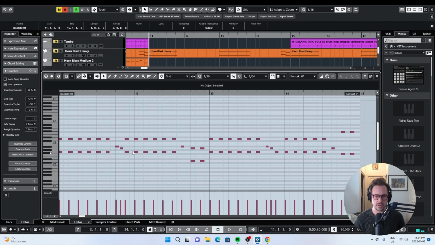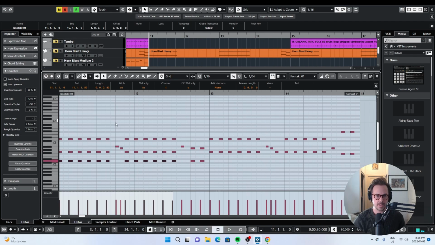Which I think actually I still have to do a little bit of work on. I'm still wrapping my head around editing MIDI in Cubase. I'm just so used to Logic's environment when it comes to MIDI, and I'm really, really fast with it. And I definitely have a lot of catching up to do with Cubase, but I'll tell you what, the first thing that I changed is the default setting for the view on Cubase's MIDI environment here, which I think is like dark, and I changed it to light so I can actually see the notes because my vision ain't too good these days. So that was one of the first things I changed in my settings. But yeah, I'm getting the hang of it.